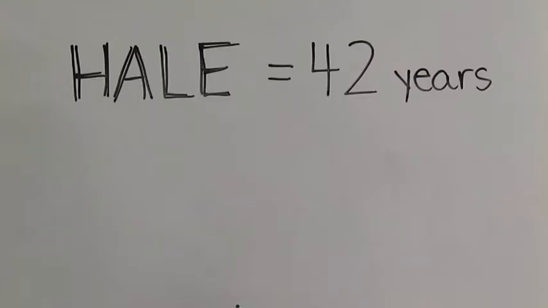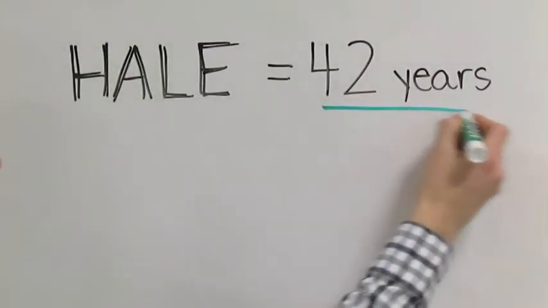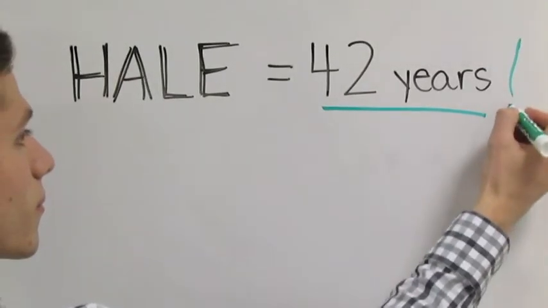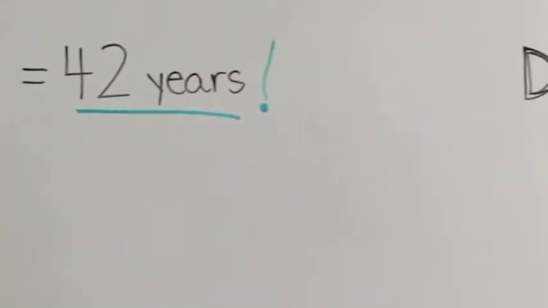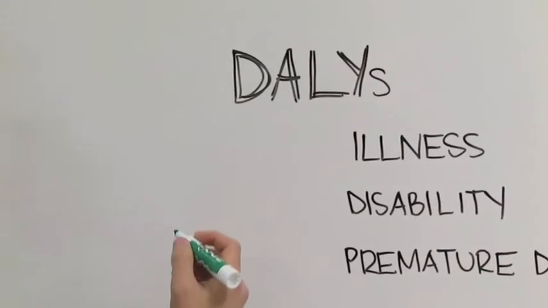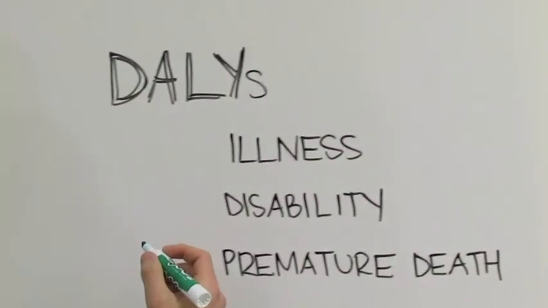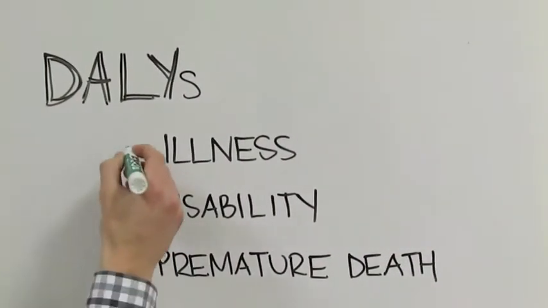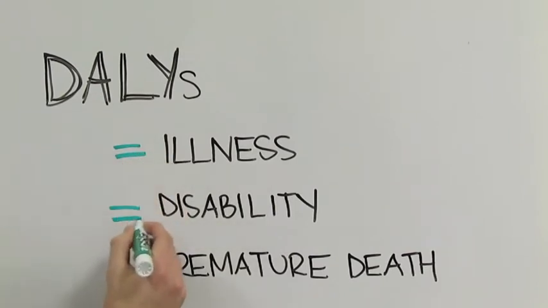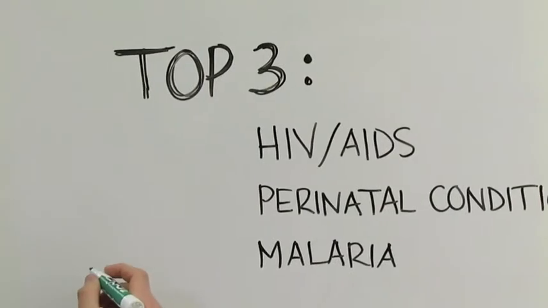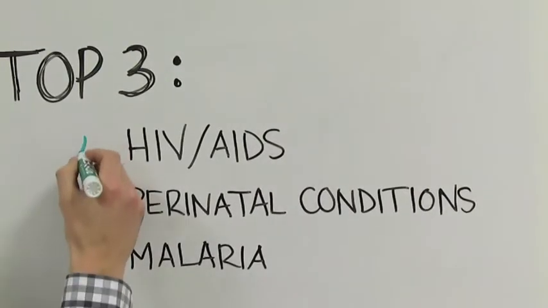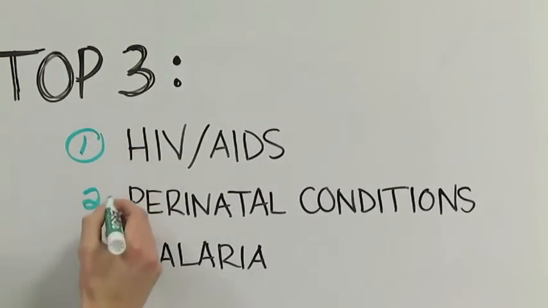The burden of disease in Mozambique is incredibly high. In 2007, the health-adjusted life expectancy was a shockingly low 42 years. DALYs are the main health indicator used to measure the burden of disease. They paint a picture of the true health status of a country, taking into account years lost to illness, disability, and premature death. WHO's 2004 report on DALYs shows that the top 3 causes of DALYs are HIV/AIDS, perinatal conditions,